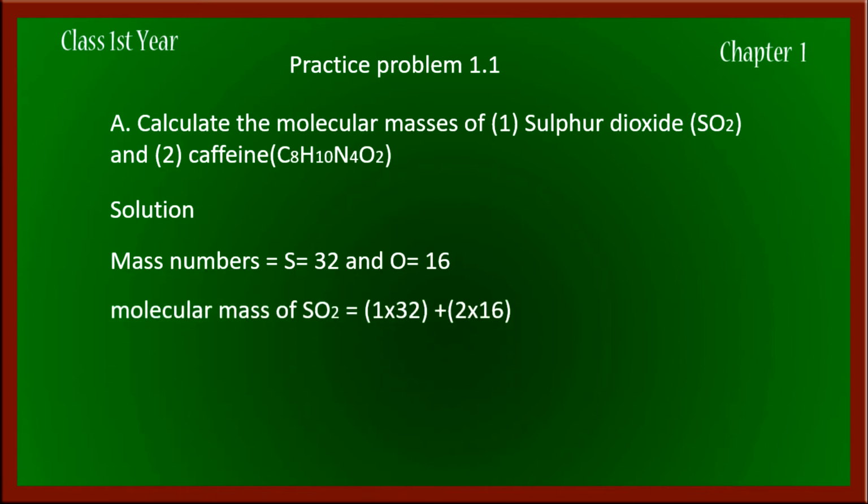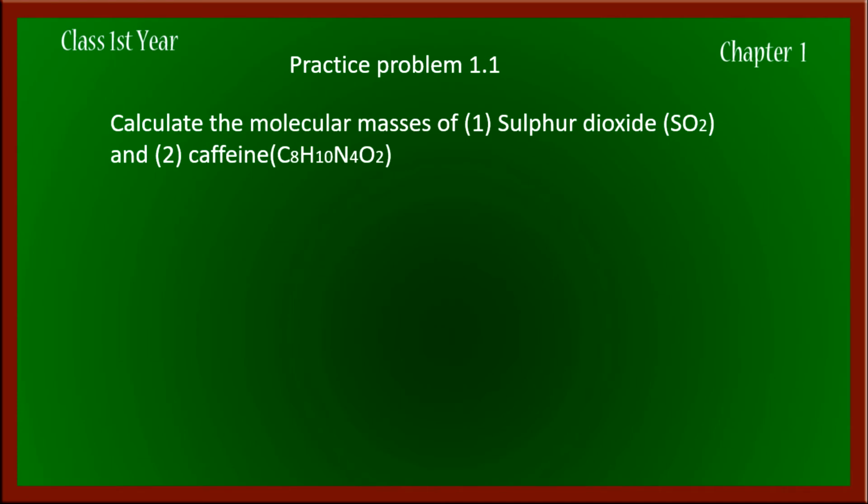Now all we have to do is to multiply the mass number of sulfur, which is 32, with 1, because there is only one atom of sulfur in a sulfur dioxide molecule. Similarly, we will add this to the mass number of oxygen multiplied by 2, because the sulfur dioxide molecule contains 2 oxygen atoms. The mass number of one oxygen atom is 16 and there are 2 oxygen atoms, so we will multiply 16 with 2, and after the calculation the molecular mass of sulfur dioxide comes out to be